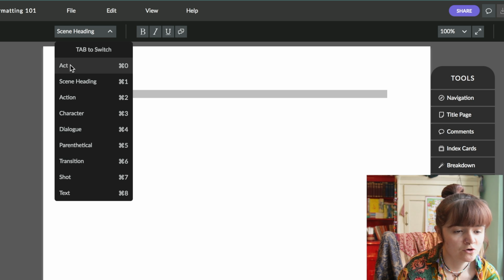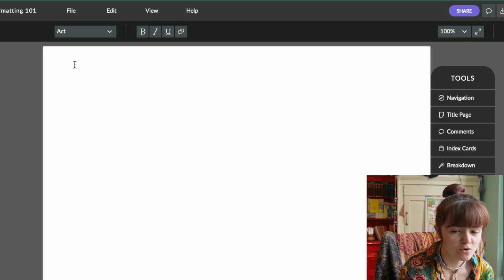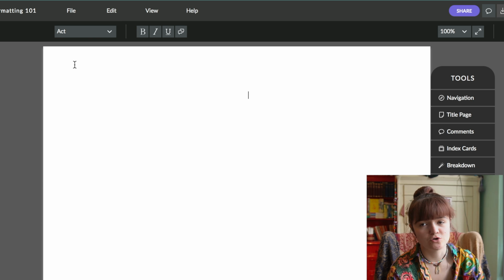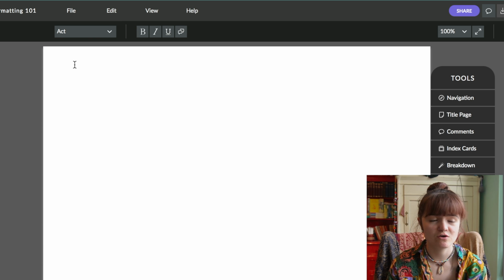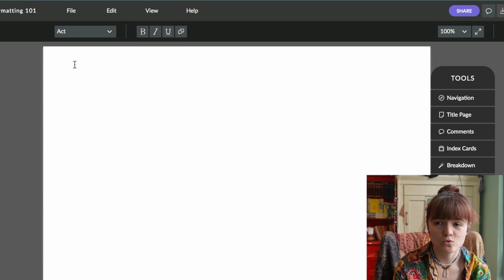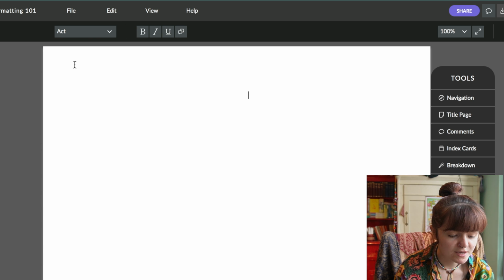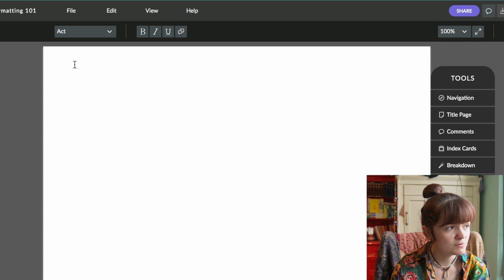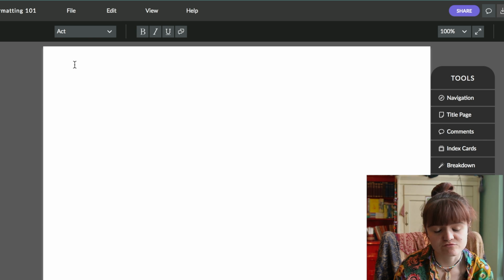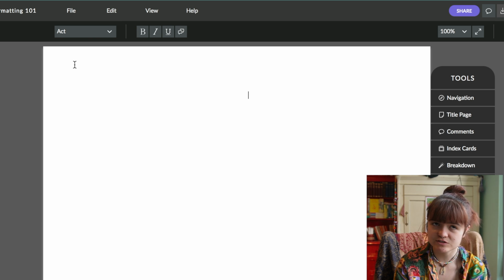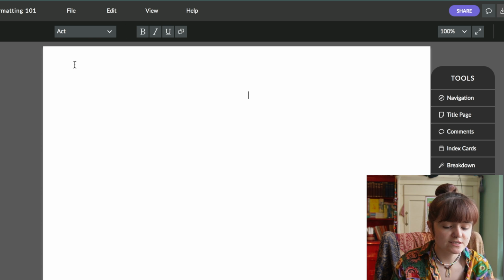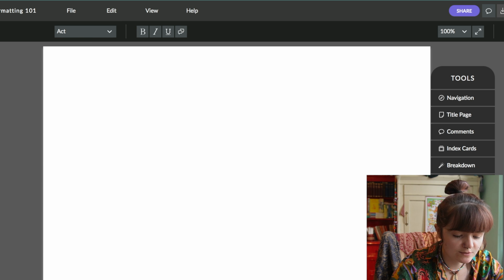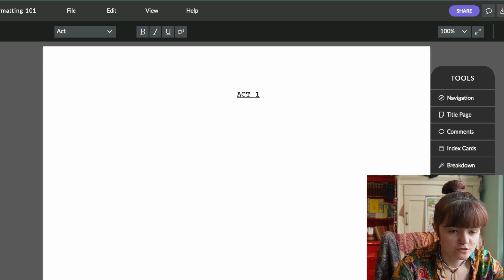So we're going to start with the first option on the tab, which is the act. I don't really use acts when I'm writing scripts. I'm pretty sure it's an optional thing. I've never read anything, or been taught, that you have to use it. But essentially, if you want to break your script down into acts, I think it's more common in TV, but I'm not certain. I don't write or edit as many TV scripts, but all it does is bring your cursor into the center and capitalize and underline what you're writing,